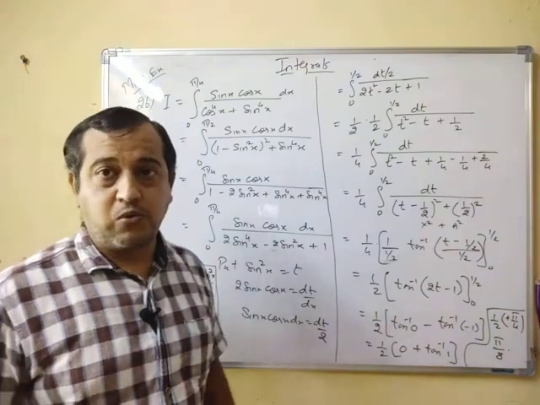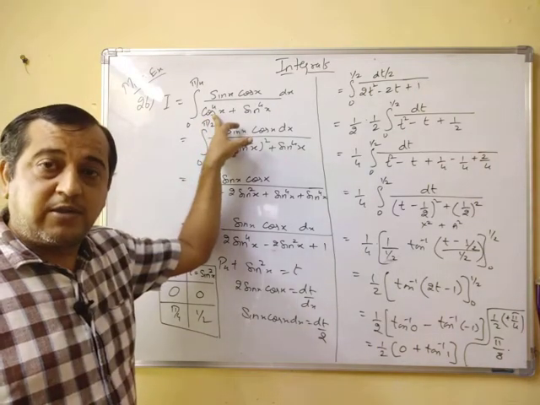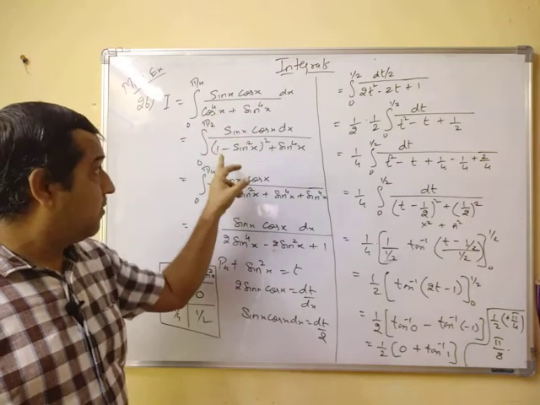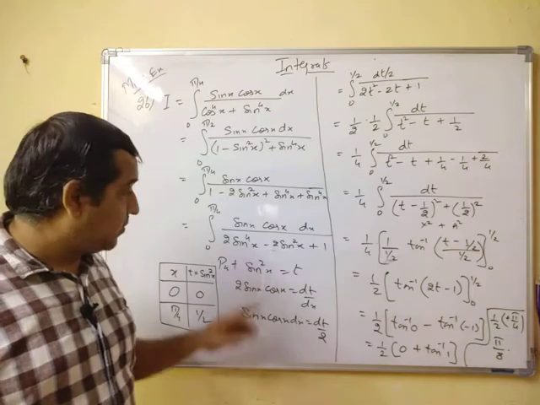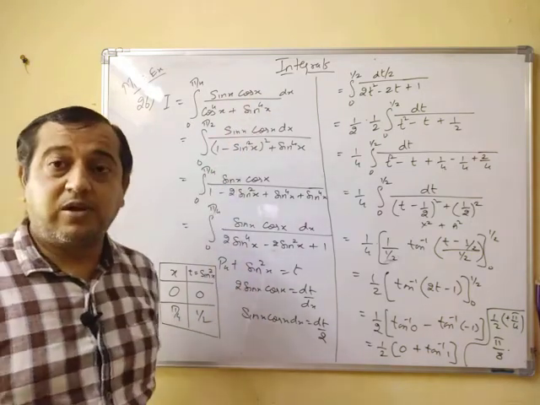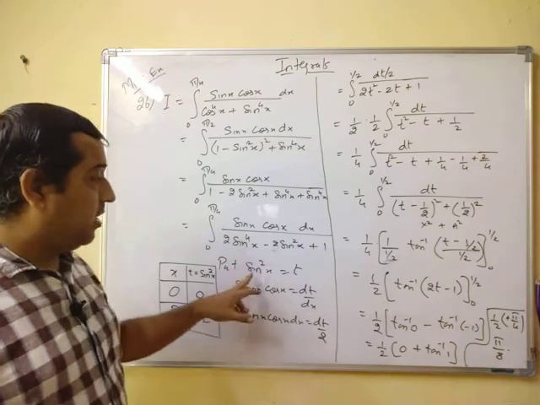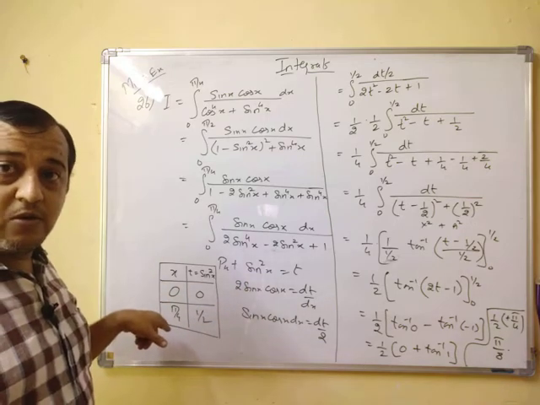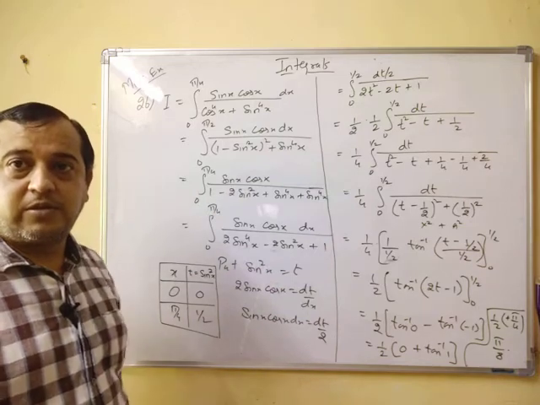Problem is quite easy. First of all, this cos raised to 4 is considered as cos square into cos square. Cos square will be written as 1 minus sin square x. Why we are doing this? Because when we substitute sin square x equal to t, we get sin x cos x, this part, which comes in the derivative part. So our main aim is to put sin square x equal to t. By that we change the limits, and then solve it. Please note it down.